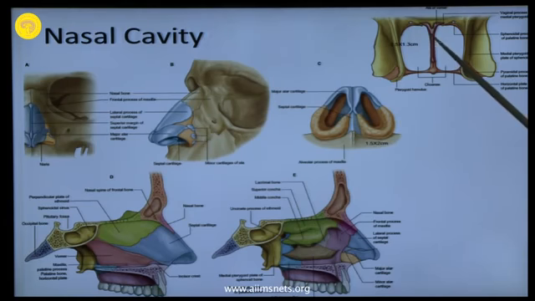Then comes the posterior nares. The posterior nares is larger than the anterior nares. You can see the dimension, and posterior nares is mainly formed by the pterygoid processes, the palatine bones and the part of the septum. And on the roof of the posterior nares, you know that there lie certain nerves here. So, be careful about that.